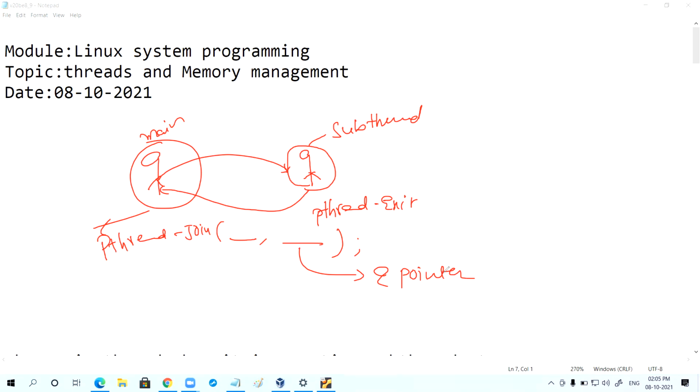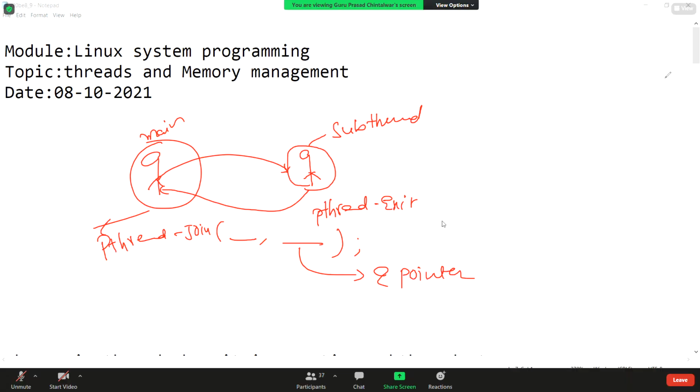In the last session, whatever we discussed, when there is a double pointer in a prototype, we pass the address of a pointer. That type of discussion happened.